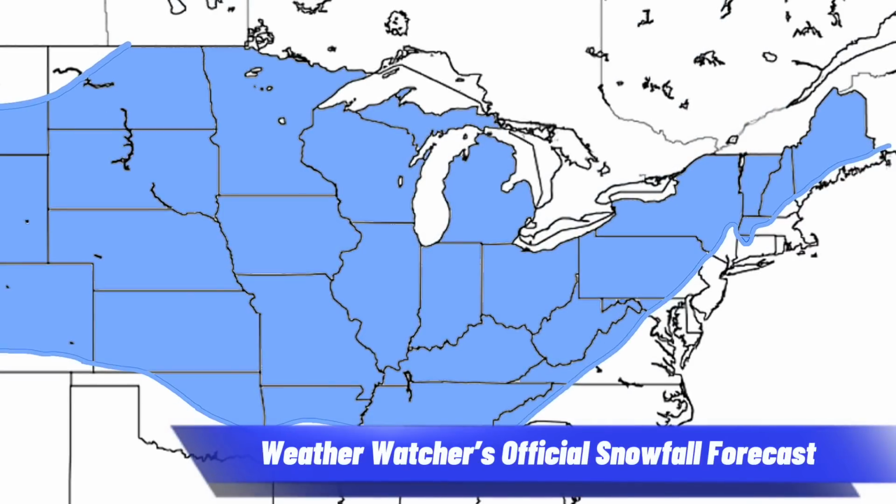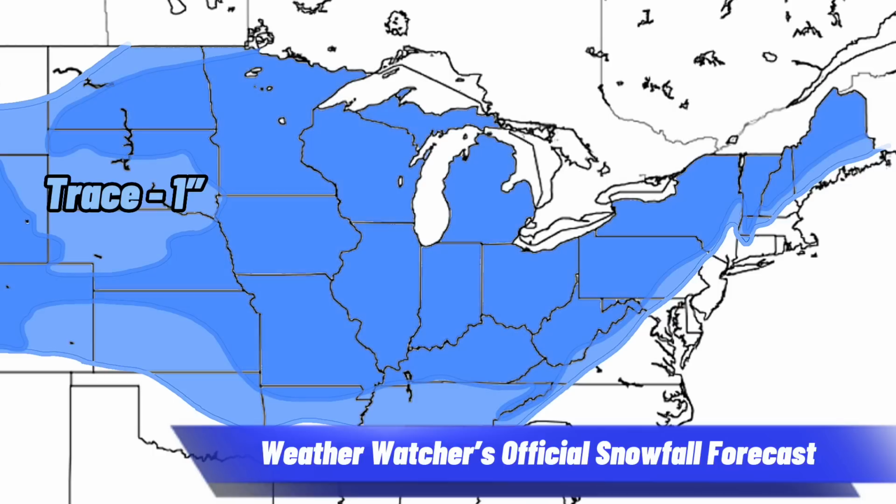Let's now move on to my personal snowfall forecast. The first layer that I have shaded in covers many locations from the west, all the way into the Northeast. This is where I expect between a trace to 1 inch of snow. Slightly heavier snow is possible in this darker blue shade, where an inch to as much as 3 inches is